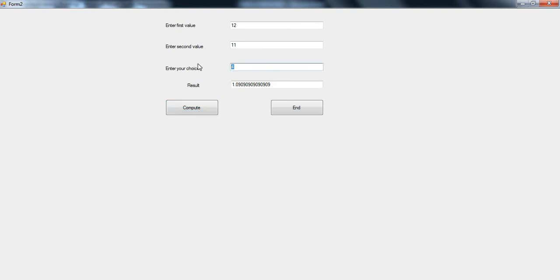And what if I enter any other choice than these 4? If I enter, for example, the choice as 5, it will give a message saying that the choice that I have entered is invalid. So this is how select case works. Select case again is to select or to choose an appropriate answer from the list of available answers. It selects the answer depending on the user's choice and displays it.